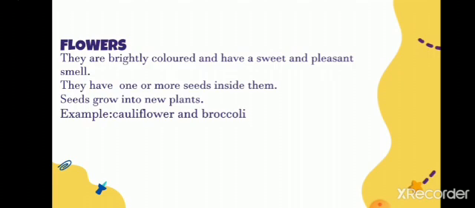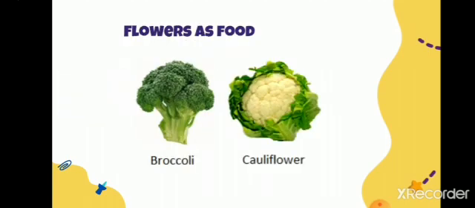So this is the flower part of the plant where the plant is storing the food. Extra food is stored in the flower part. That is why we are eating the flower part and ignoring the other parts of the plant. So cauliflower and broccoli are the flowers which we eat. In flowers you can see the center part with seeds. So some flowers have seeds.